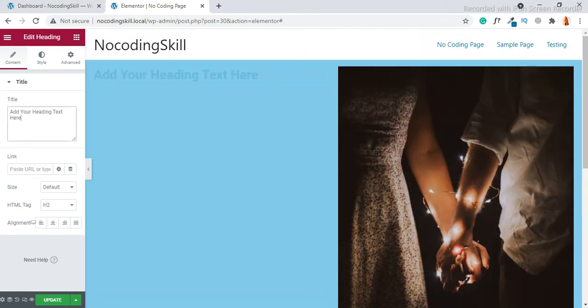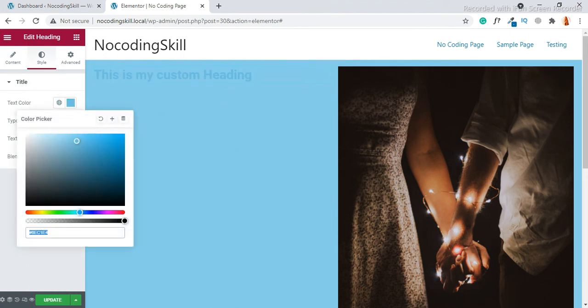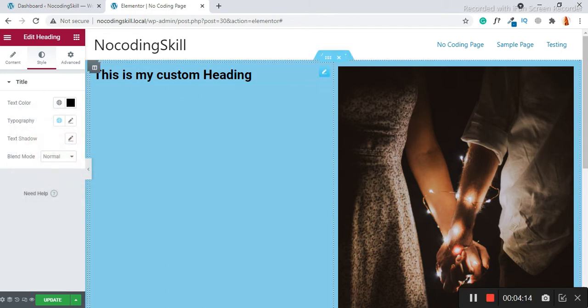This is my custom heading. Change the color, white, no, black is better. Yes.